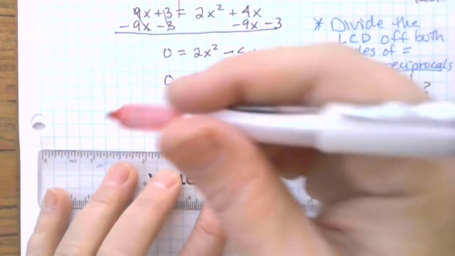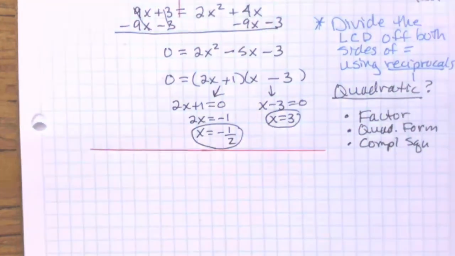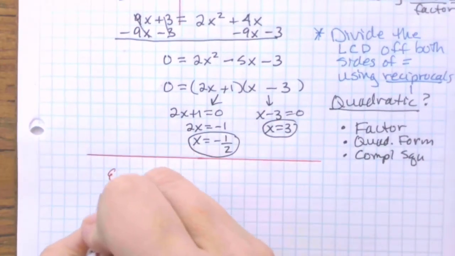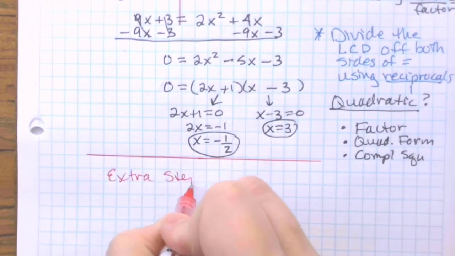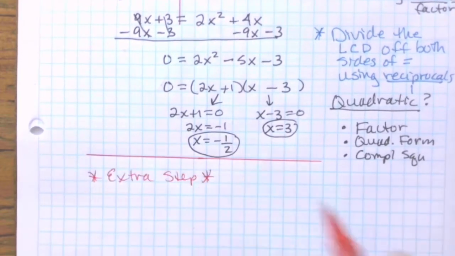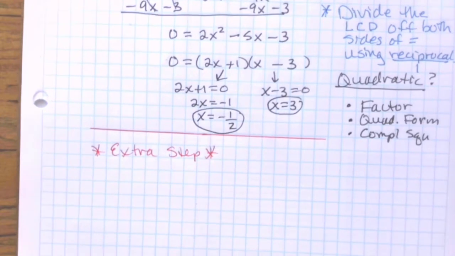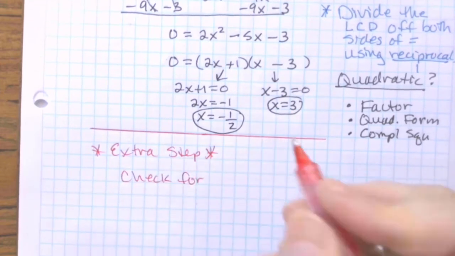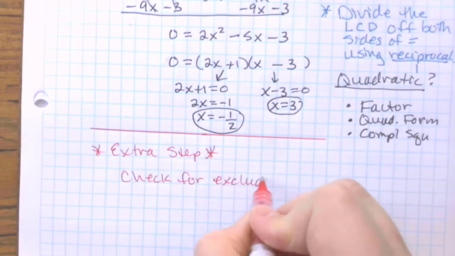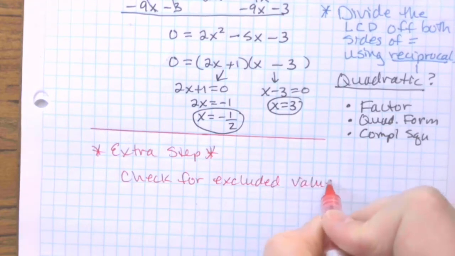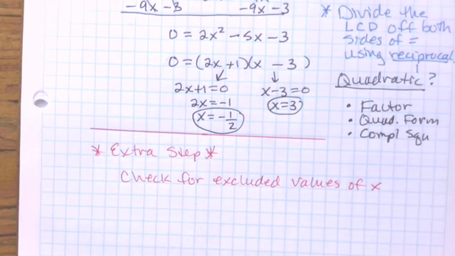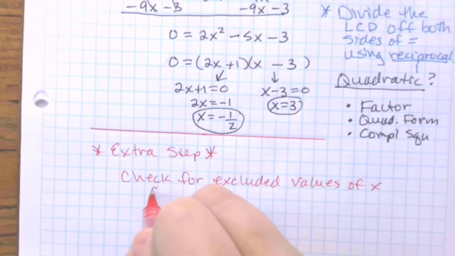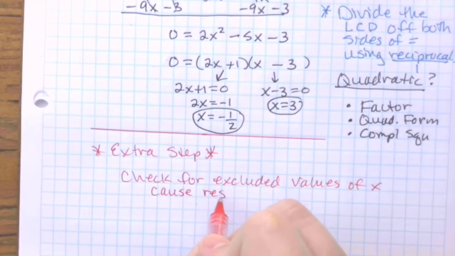So I'm going to draw a little line here. And this is an extra step that is unique to quadratics. And the extra step is that you have to check for excluded values of x. Excluded values of x cause restrictions